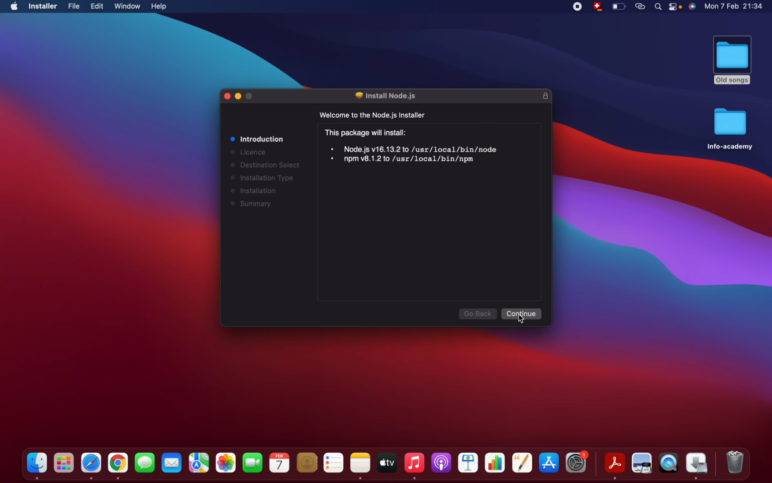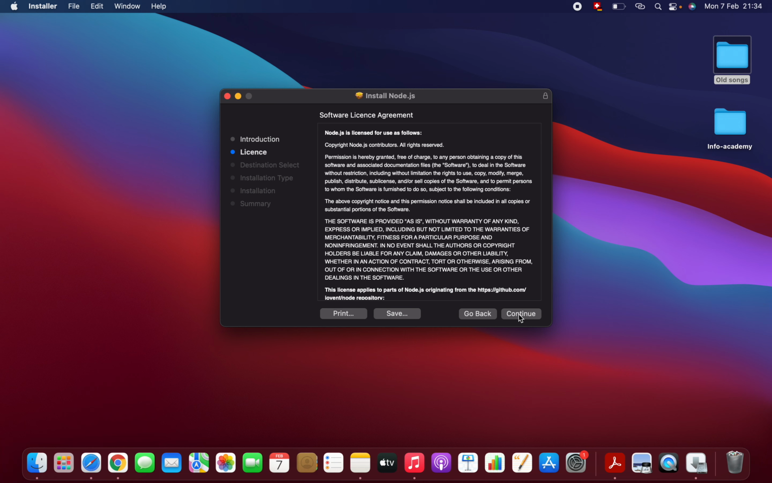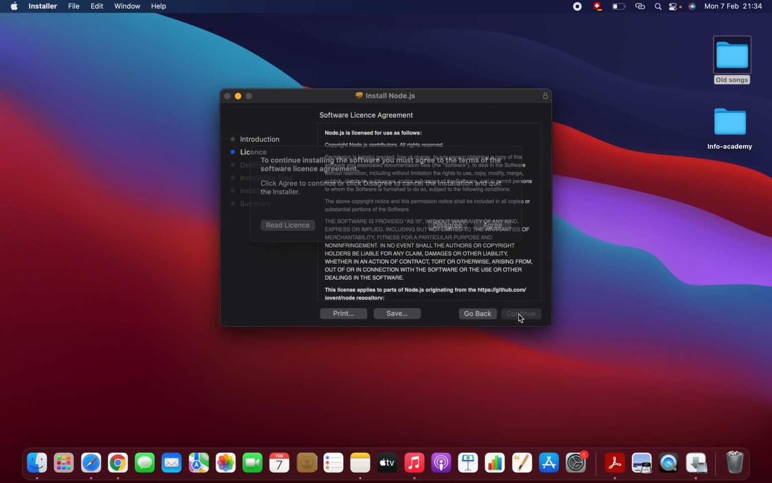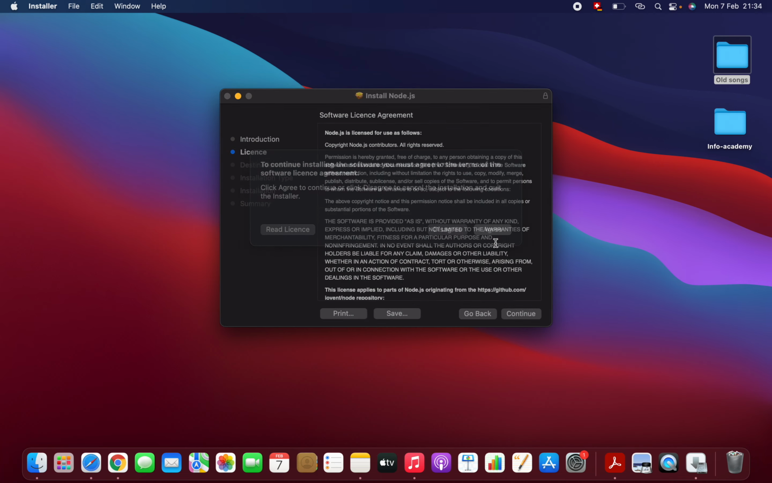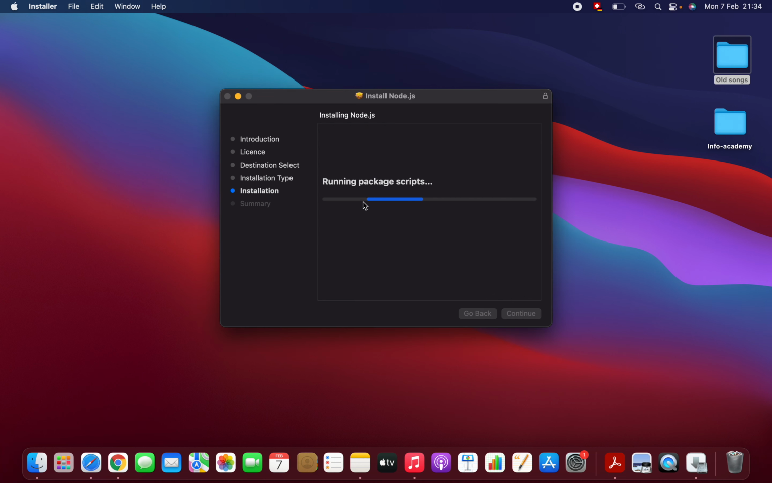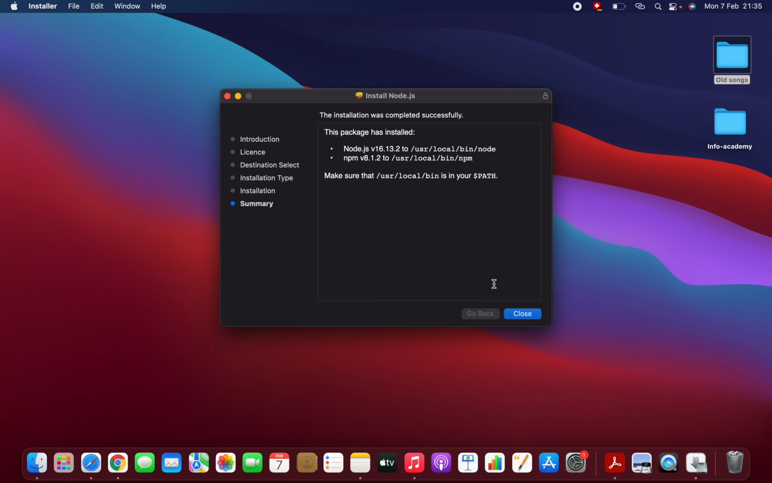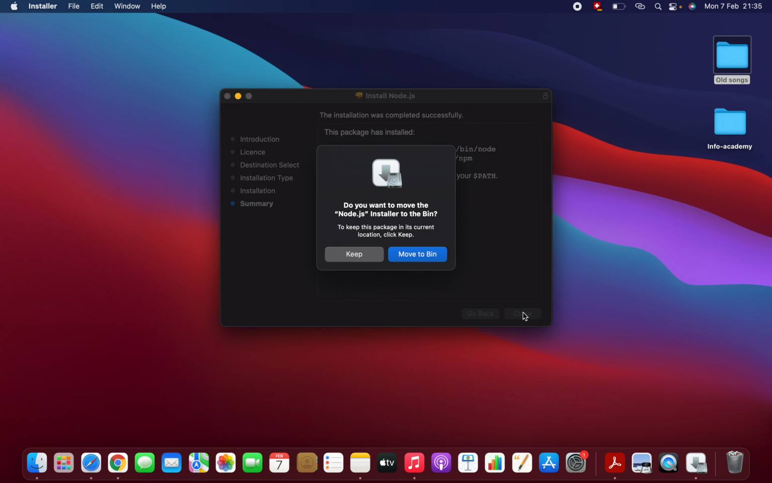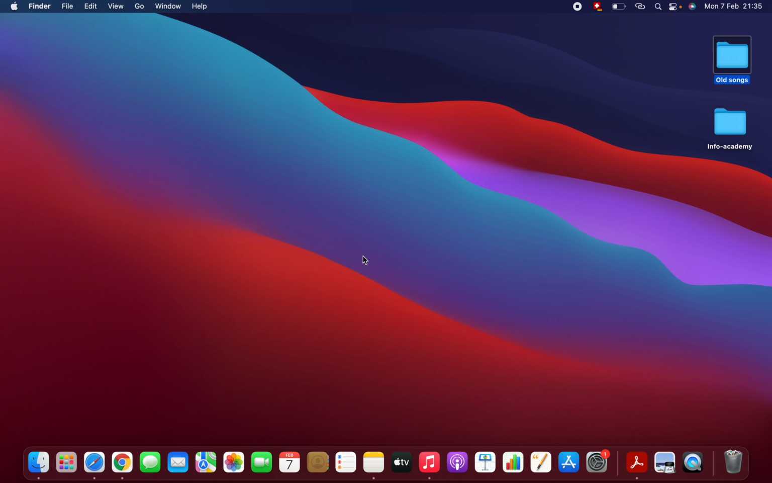Okay, continue. Just follow the instructions, it's very easy to install. Continue, agree, install, and I have to type my password. Yeah, the installation takes a few minutes. Okay, it's installed successfully. Keep,